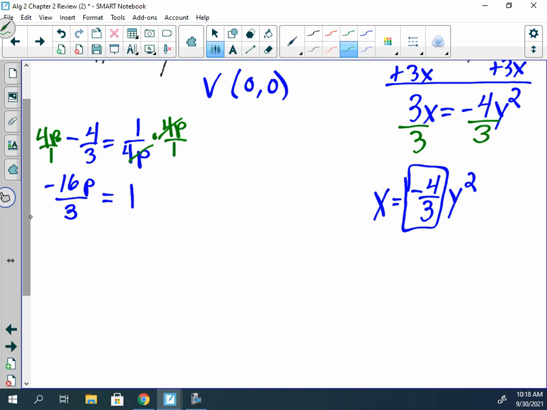Now, at this point here, we can divide both sides by negative 16/3, or we can multiply both sides by what? 3/16, because I can divide by the number or multiply by its reciprocal. I can flip it. Because the 3 and 3, top and bottom, would simplify to 1. 16 on top and bottom would simplify to 1, which would just leave me with p equals